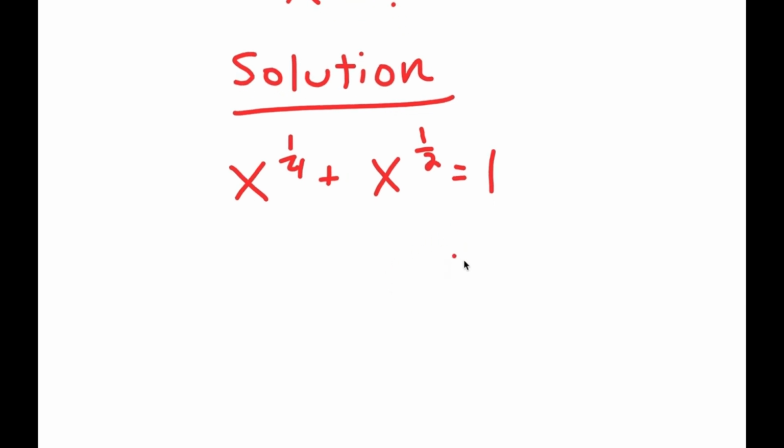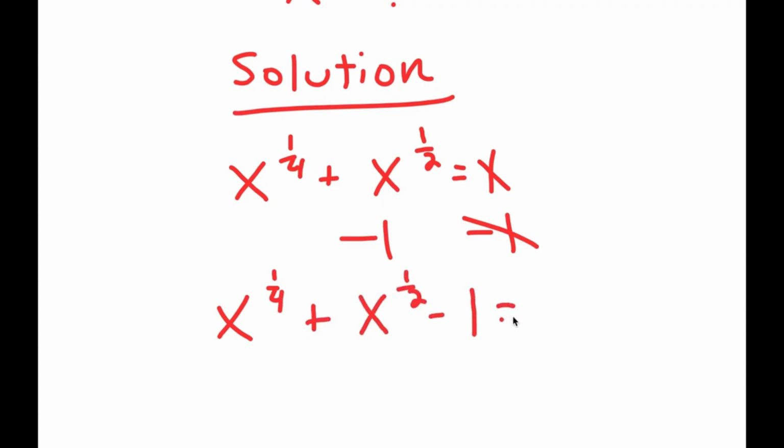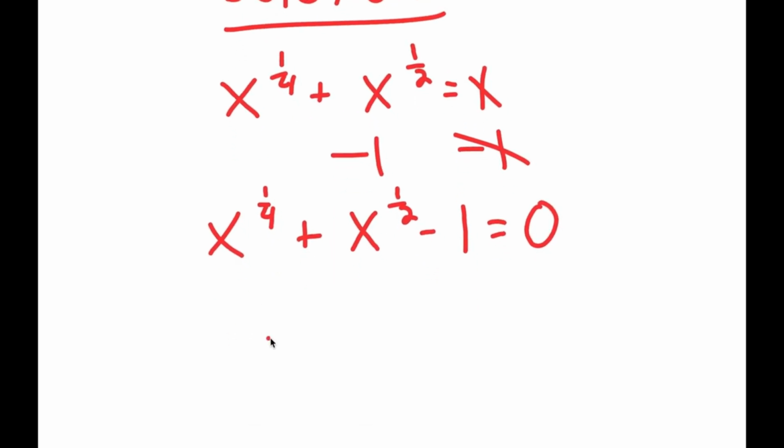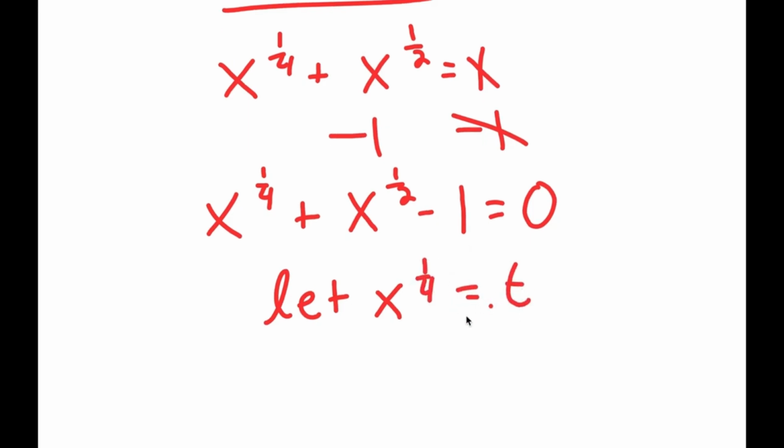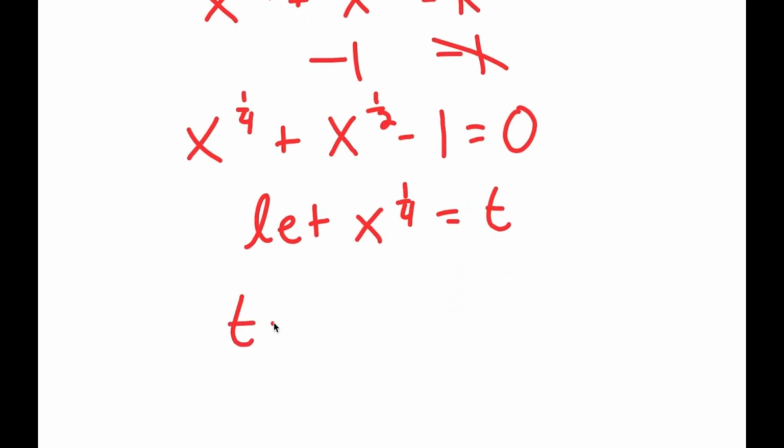Now, I'm going to subtract 1 on both sides, so then these two cancel out, and I get x to the power of 1/4 plus x to the power of 1/2 minus 1 is equal to 0. Now I'm going to let x to the power of 1/4 equal to the variable t. So I get t